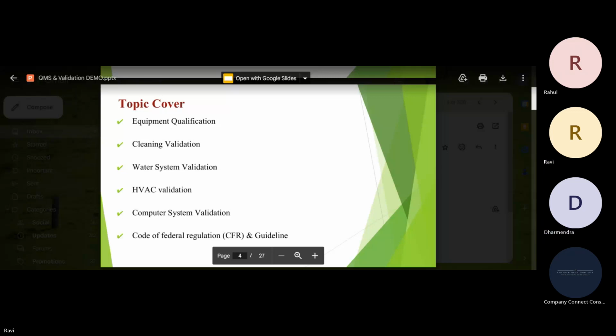इंक्लूड है सर। और सर इसमें कैलिब्रेशन भी इंक्लूड है? कैलिब्रेशन नहीं है। कैलिब्रेशन हम बोल सकते हैं कि ड्यूरिंग इक्विपमेंट क्वालिफिकेशन। सर इक्विपमेंट का क्वालिफिकेशन कर रहे हैं, यूटिलिटी का क्वालिफिकेशन कर रहे हैं, तो कैलिब्रेशन तो नेसेसरी है सर। हाँ, इक्विपमेंट क्वालिफिकेशन के टाइम पे हम बताते हैं कि कैलिब्रेशन क्या होता है, किसके स्टैंडर्ड से करते हैं और क्या क्या फ्रीक्वेंसी में करते हैं, और उसके साथ प्रिवेंटिव मेंटेनेंस भी बताते हैं हम लोग, ठीक है ना।